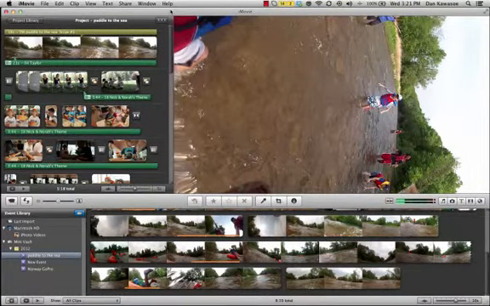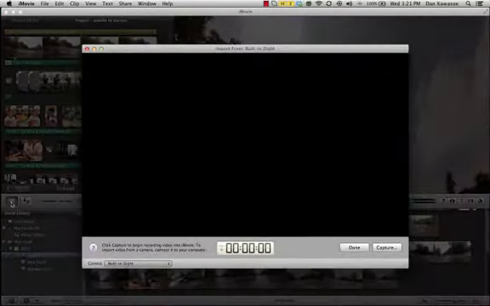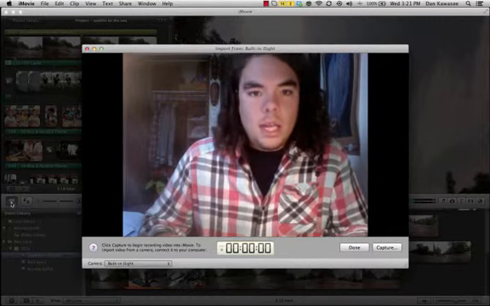When you're working in iMovie, you have the option to import video directly from a webcam or attached external camera. It's the second subtask that we have for learning how to import video into iMovie. There's an icon down on the left-hand side of your screen that looks like a video camera. It's the Open Camera Import window. You're going to want to click on it, and you will have a window that shows up